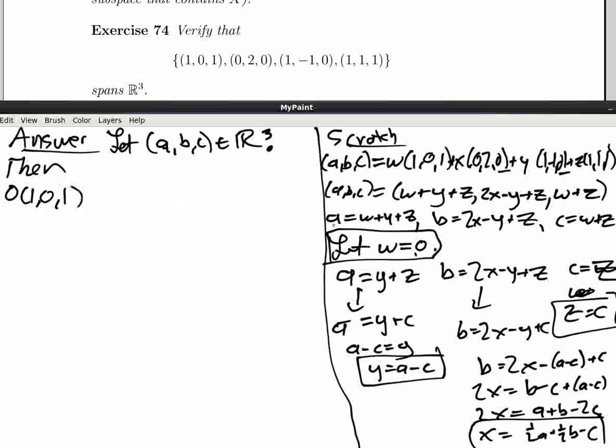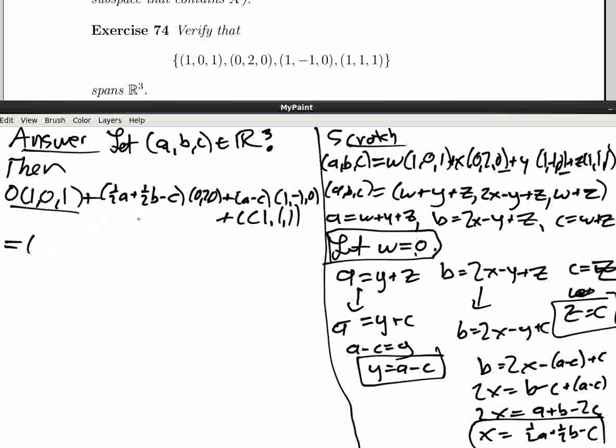w times the first one, w I'm going to let it to be 0, plus x times the second one, but I know what x is. I want x to be 1/2 a plus 1/2 b minus c, plus y is going to be a minus c times 1, -1, 0, because that's what y goes with, plus z is equal to c times 1, 1, 1. That's going to be equal to, this just goes away. If I distribute this through,